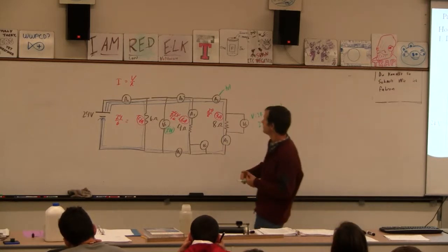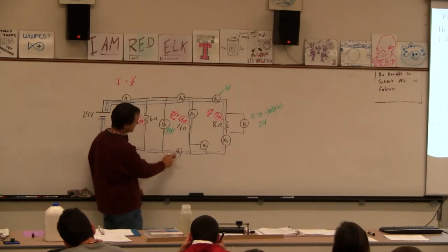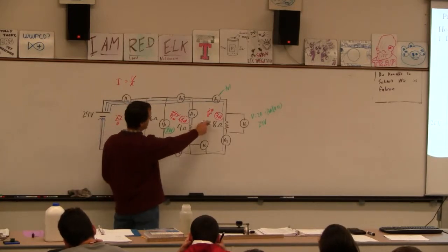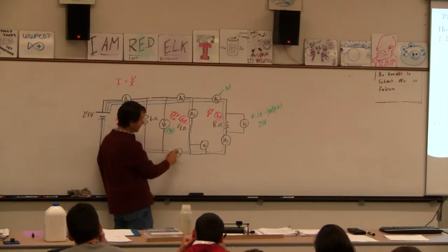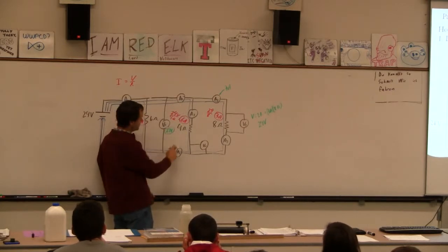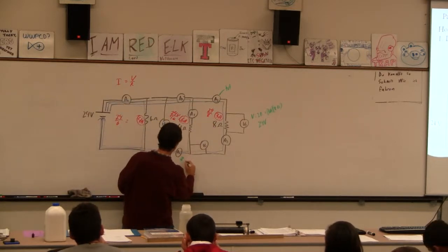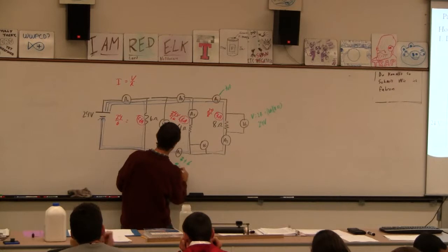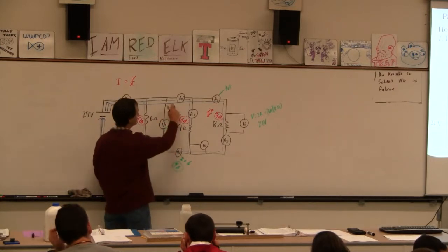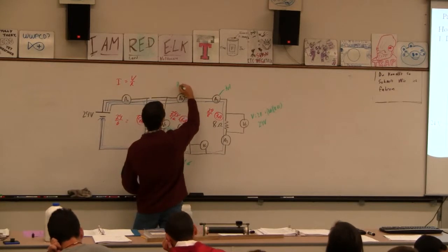Okay. Now we can go in and figure out some of the harder ones. This one, don't you see that there's two currents going by? There's the 3 amp and the 6 amp, and both are going through this one, and this one as well, yeah? Right? So this one's going to be the sum of the 3 amp and the 6 amp. So that's 3 plus 6. This is going to be 9 amps. Right? And then the same two currents here also still add to 9 amps. So it's 3 plus 6,